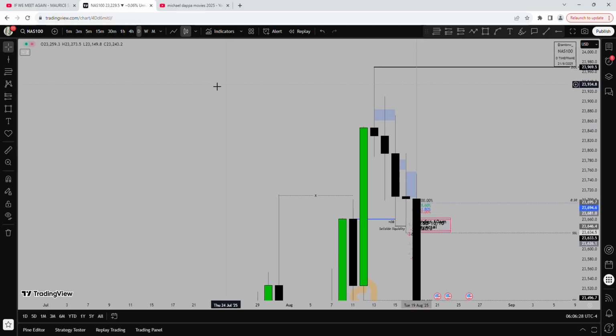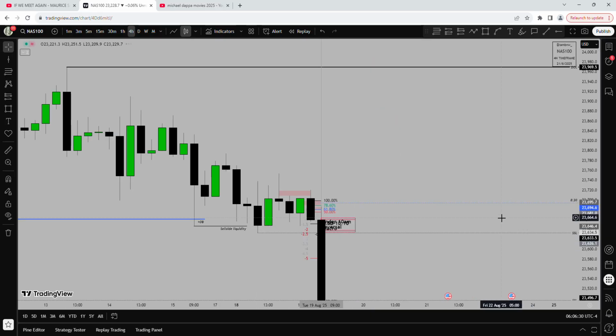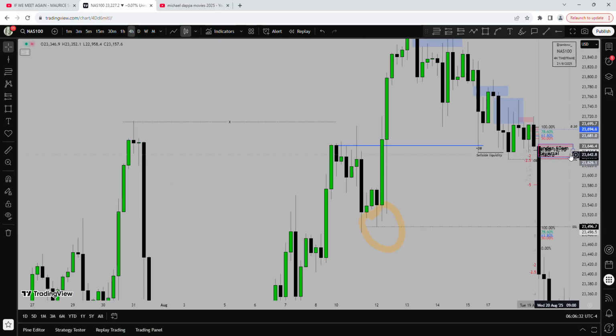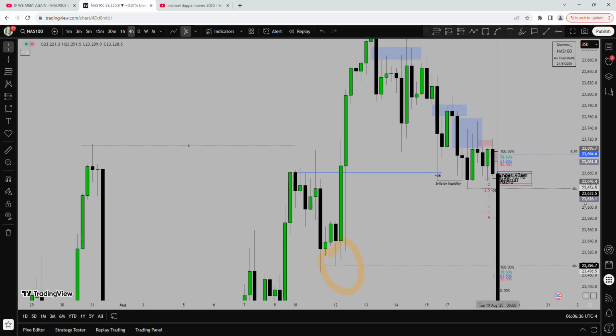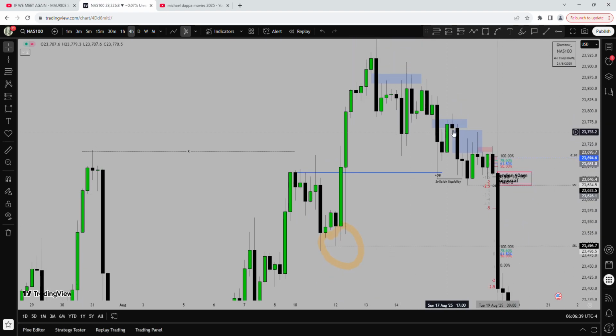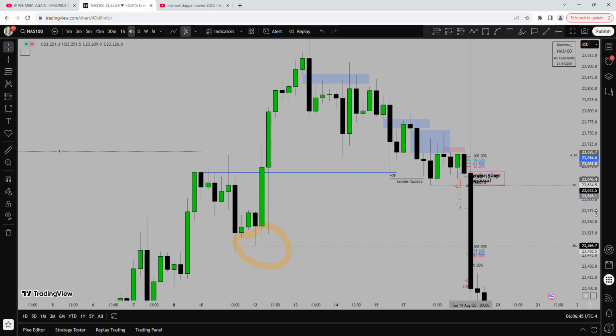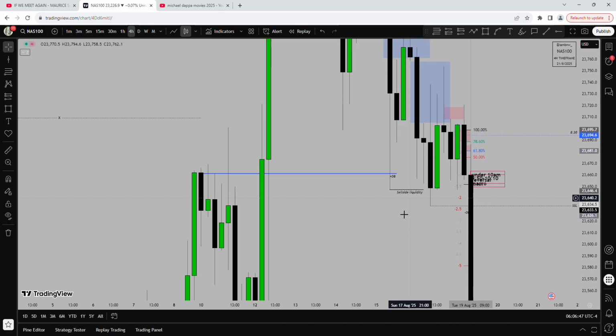So that was a bit of a concern for me, right? But because of how the 4-hour closed, I had a strong feeling. Because of the bearish nature of the 4-hour, I had a feeling that it was still going to trade below. Because if you look at it from just the standpoint of when price came to trade into this daily order block, this daily bullish order block,